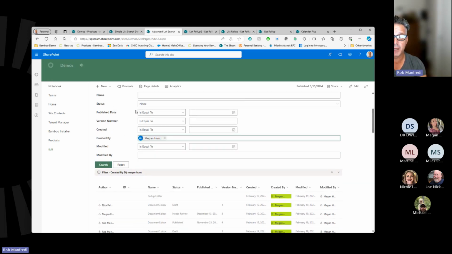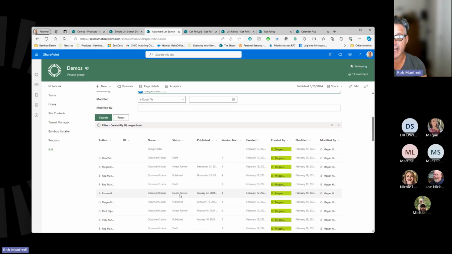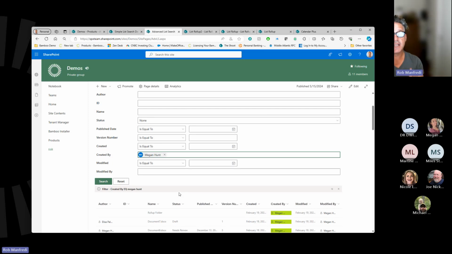I can do the same thing with publish date, version number, status, name, and the like. So it gives them a single search that can now search multiple document libraries at once in a much more intuitive way. I know that was a little complicated, but believe me, the power that this provides for users is something that they really can't live without, and it was really popular at the show. Okay, let's go to the next product,